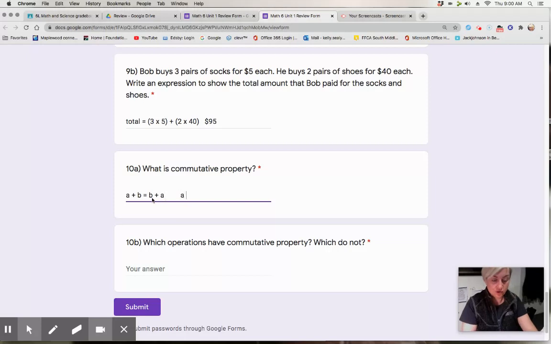If you go a times b, you're going to get the same answer as if you go b times a. Operations that have commutative property are add and multiply. And the operations that don't have commutative property are subtract